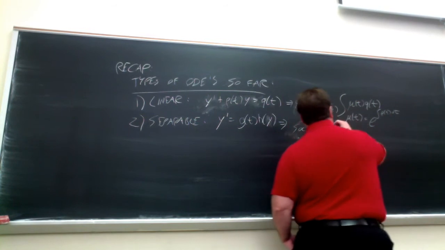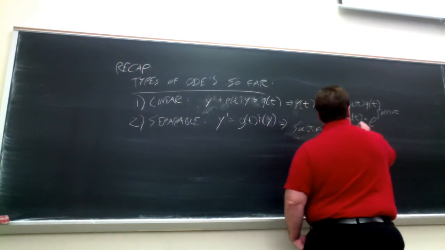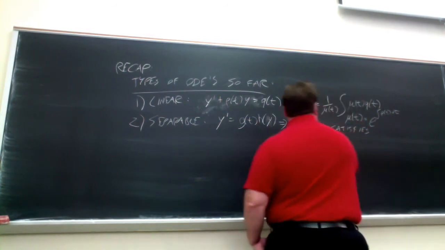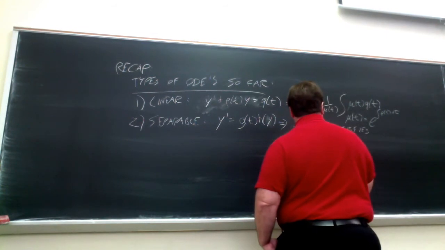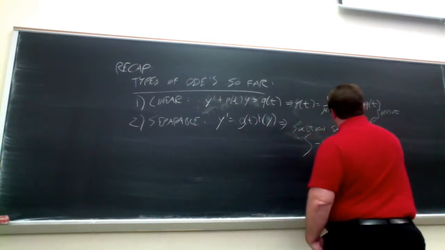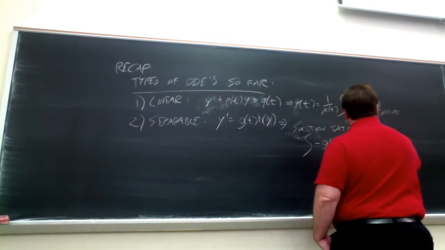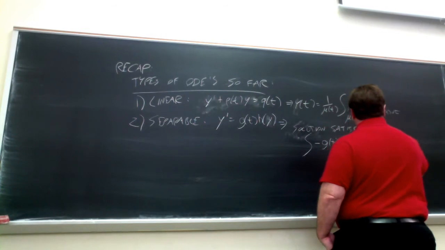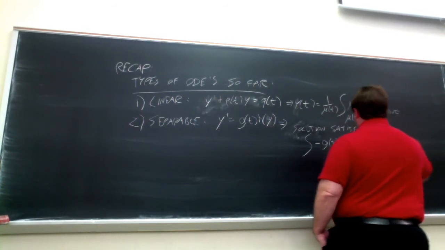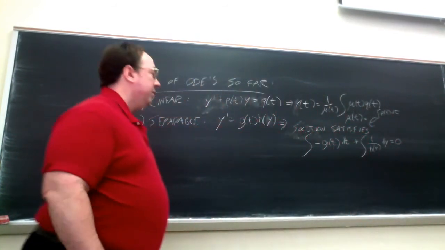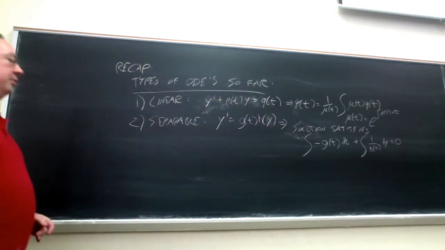It depends on the equation. But what we do have is an implicit form, where we have the integral of minus g of t dt plus the integral of 1 over h of y dy is equal to 0. And that really just comes from